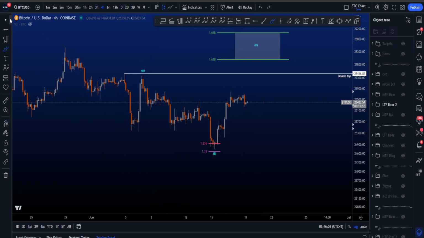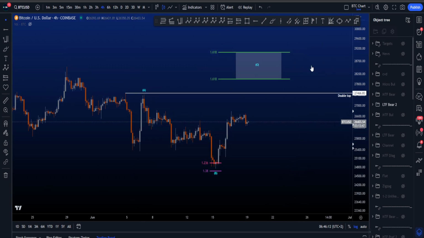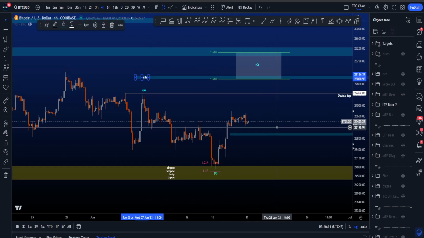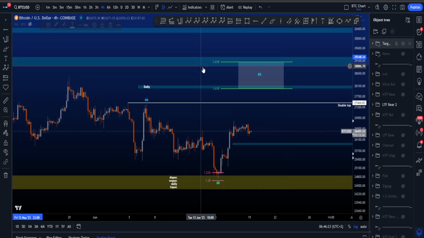But still, I think that double top as a minimum is very interesting, and we do have inside the most common target area for wave C two target boxes over here, one at the bottom, the bottom 1.618 around 28k, 28.1k, and one at the highs between